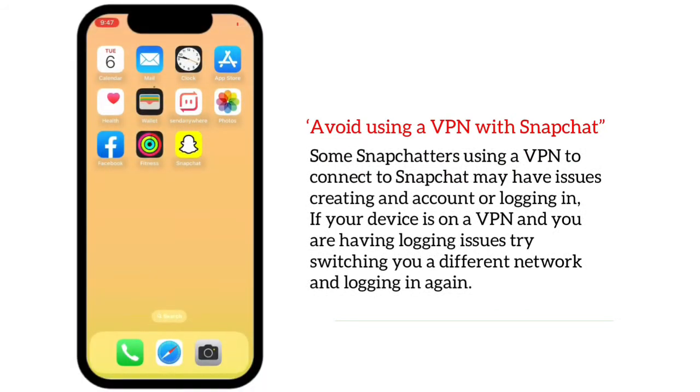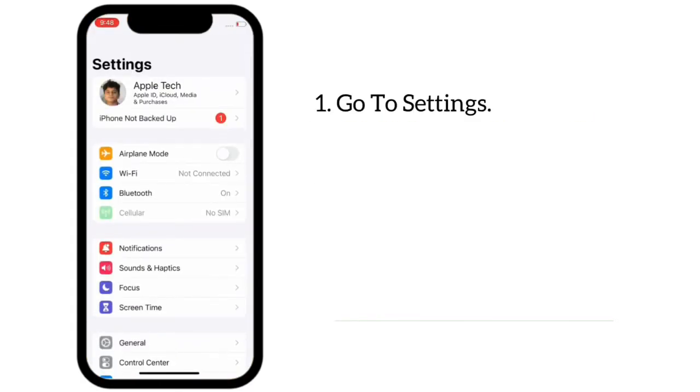Avoid using a VPN with Snapchat. Some Snapchatters using a VPN to connect to Snapchat may have issues creating an account or logging in. If your device is on a VPN and you are having login issues, try switching to a different network and logging in again. Last solution: go to Settings, tap on General,